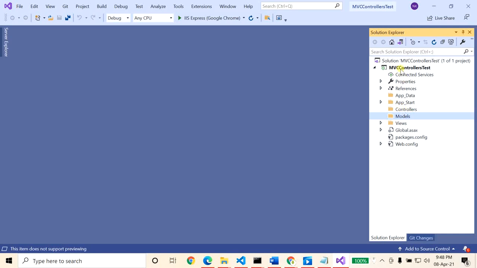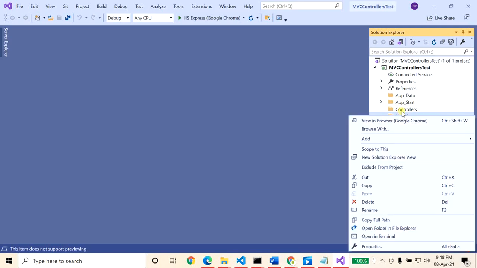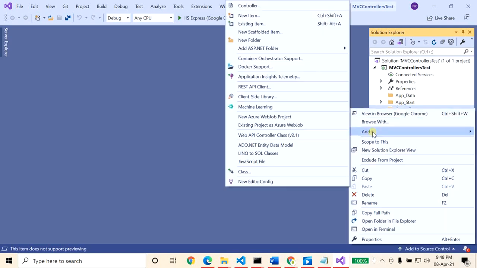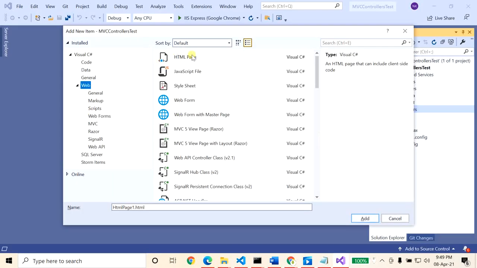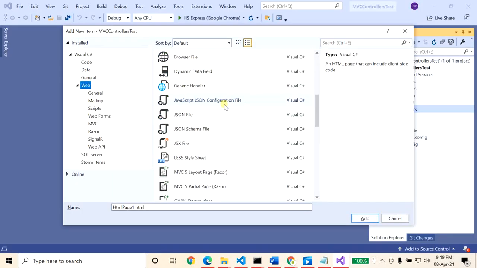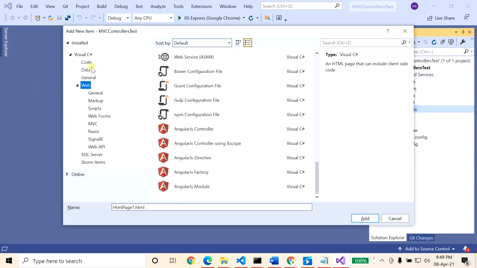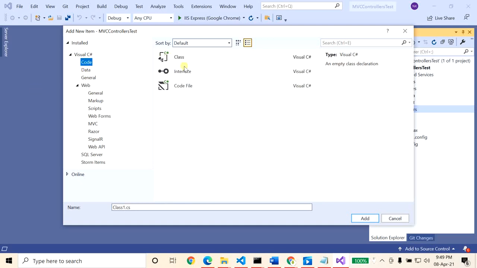This is the Solution Explorer. Right click on the Controllers folder, select Add, then New Item, and select Class. On the left-hand side you will see Class.